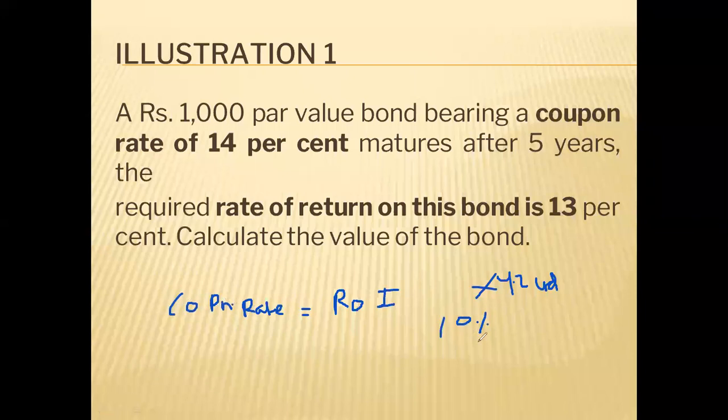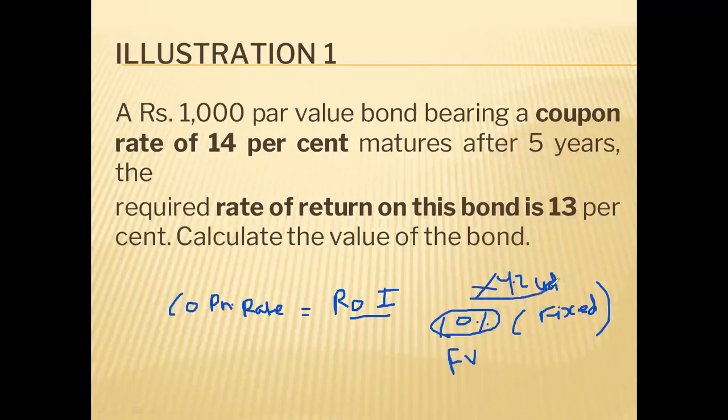So coupon rate is fixed. It is like your interest rate that the company which is issuing the bonds or debentures will fix, and you will get the actual interest on this coupon rate. And interest will always be calculated on which value? Face value. This we have understood. So coupon rate is simple. Coupon rate is the rate of interest, and it will be decided by the issuer, the company which is issuing the debentures or bonds.